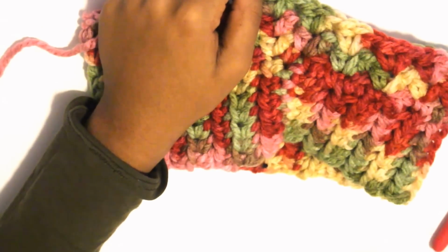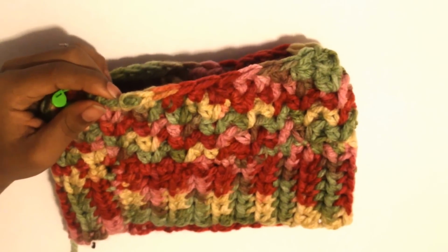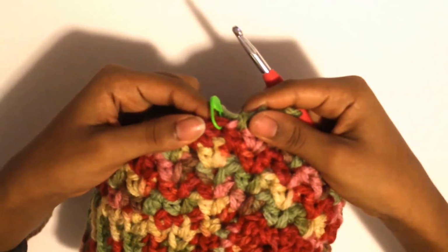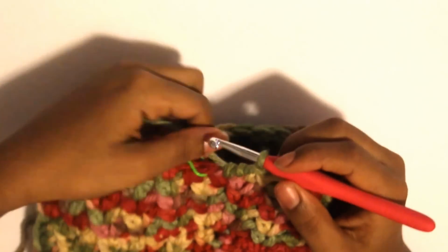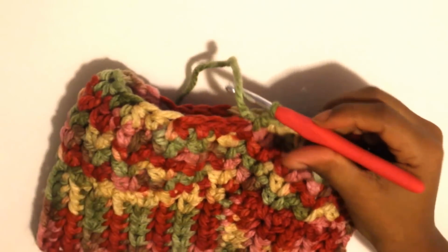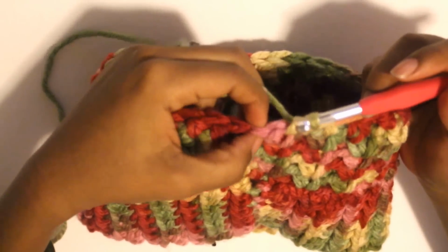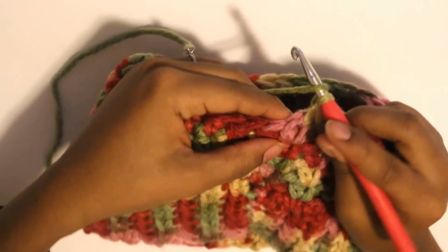Okay, and we're going to do this for 5 rounds. So we're going to have 5 rounds of half double V stitch, and then we're going to do 2 rounds of half double crochet decrease. And you're going to do that by forming a half double crochet into that chain one space,